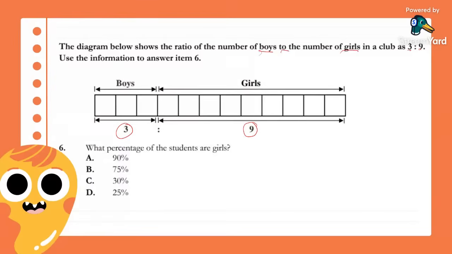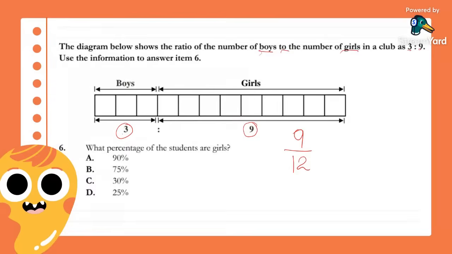Let me see that in the chat. What fraction of this club is girls? Carolyn James says 9/12. Aldion says 3/9. Now we have a total of 12 persons in this club. 3 boys plus 9 girls gives us 12 persons in this club. In this club, it says that 9 of them are girls. 9/12. Good job, guys.